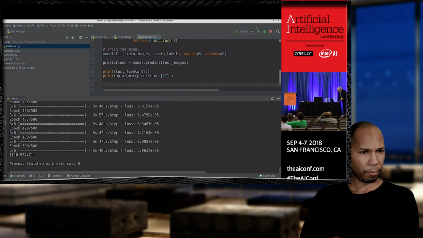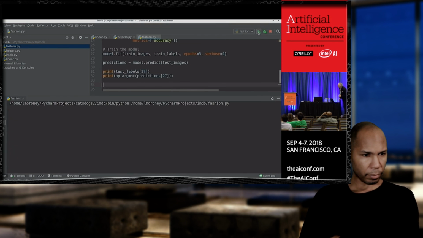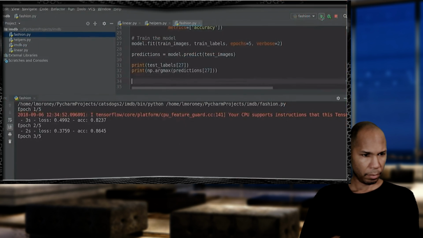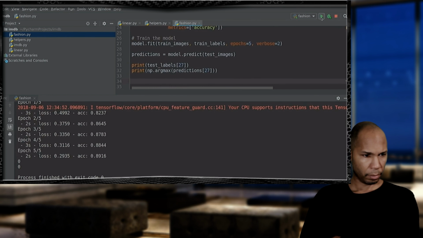So if I run it, it's going to take a little longer than the previous one. Now we can see it's starting to train the network. Because I'm doing it in PyCharm, I can see it in my debug window. You can see the epochs, epoch 2, epoch 3, epoch 4. This accuracy number here is how accurate it is against testing. So it's about 89% correct. And then you see it's actually printed two numbers below, and they're both 0. So that means for item of clothing number 27, that class was 0, and the predicted class was actually also 0. So we got it right.